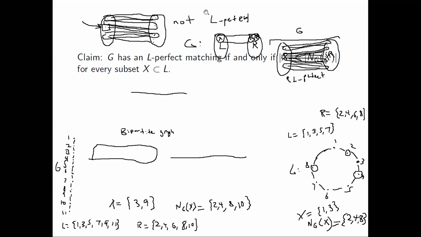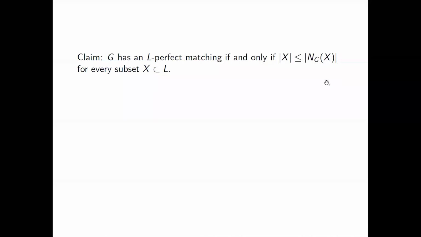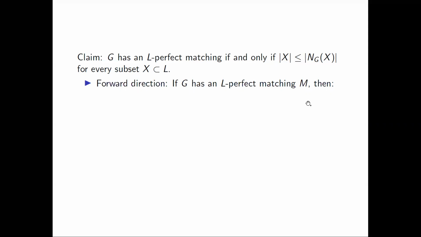And so we're going to prove this. One direction of this is pretty much immediate. So this is an if and only if, so it does have two directions. We have to prove a forward direction and a backward direction. And the forward direction, we need to prove that